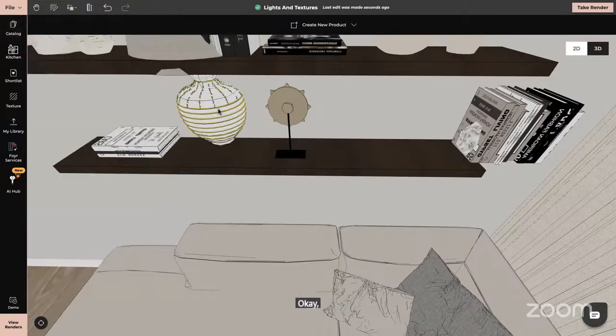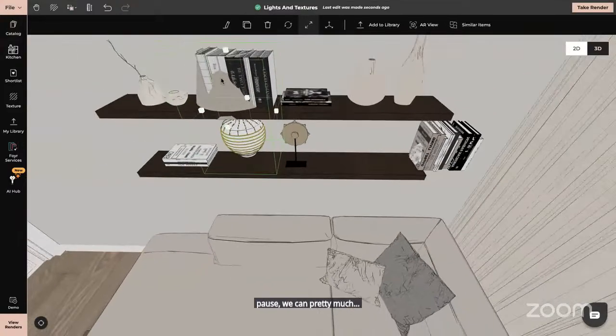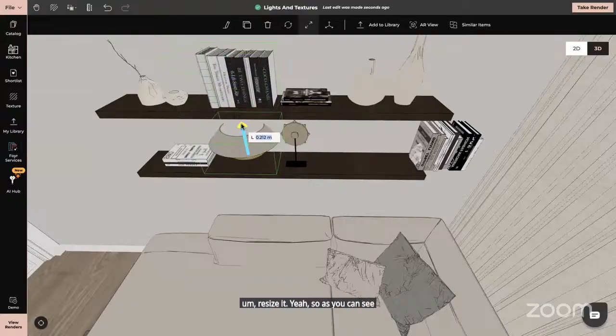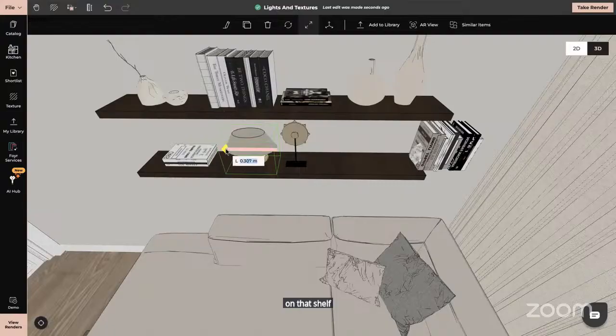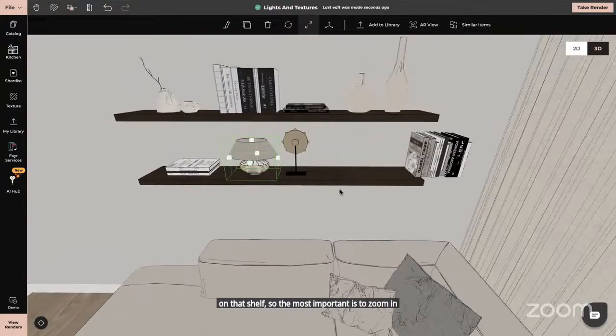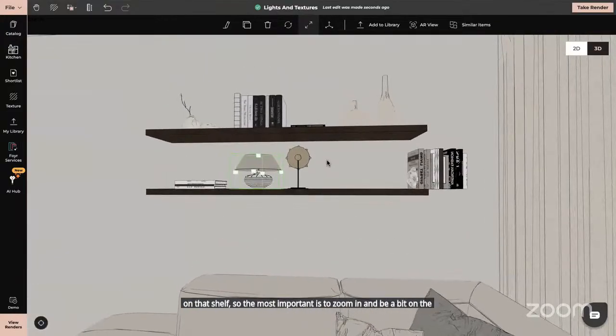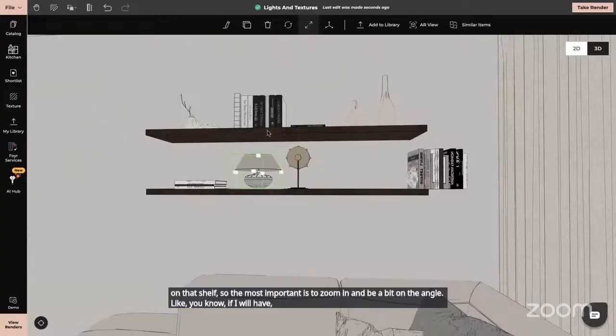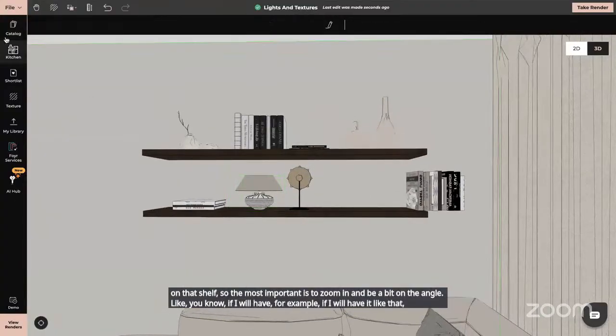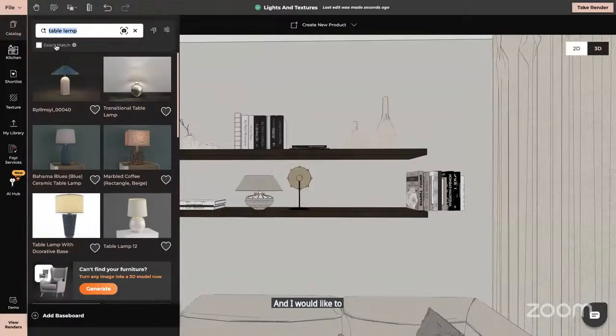Okay, this one is huge, but we can pretty much resize it. Yeah, so as you can see, everything goes on that shelf. So the most important thing is to zoom in and be a bit on the angle. Like, if I have it like that and I would like to place something